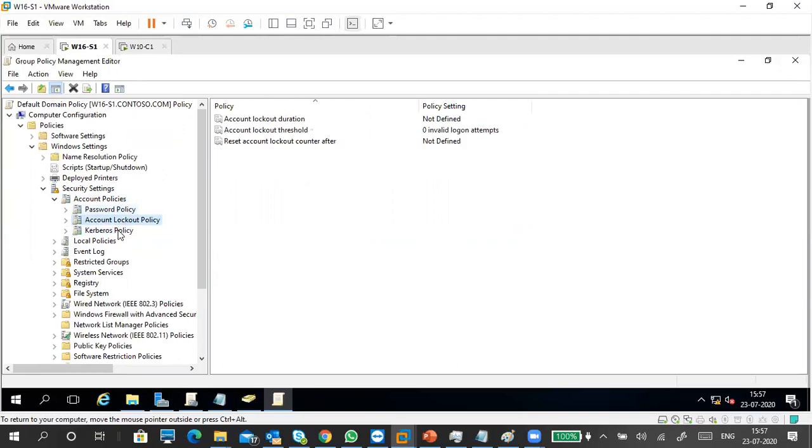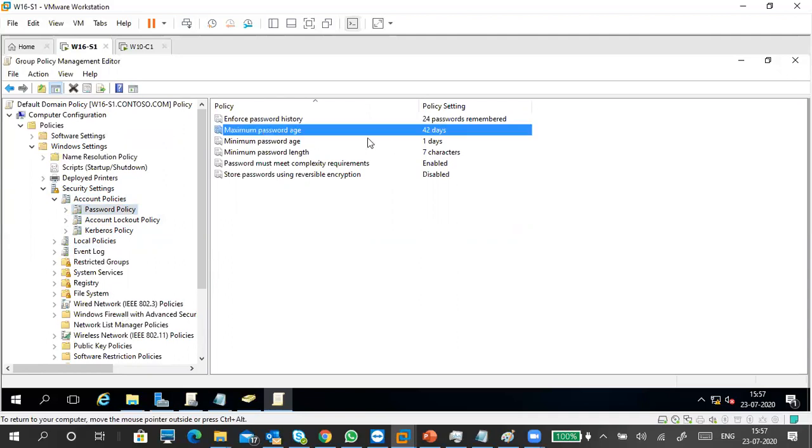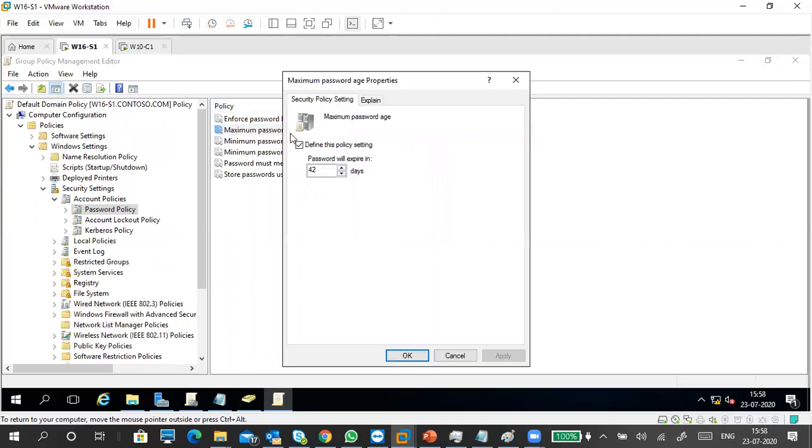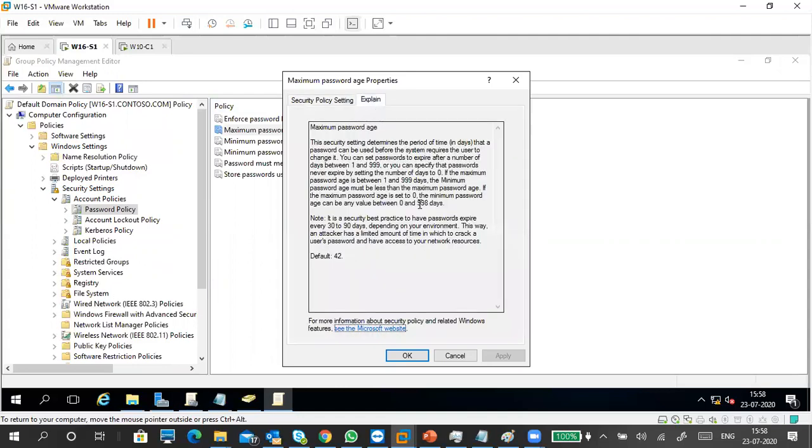Just verify, guys, this is just verification only. I'm going to password policy. Maximum password age: can you see it is 42 days? So you must change the password within 42 days. If you increase it, I can increase the maximum password age up to 998 days.